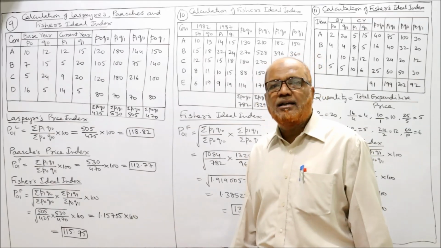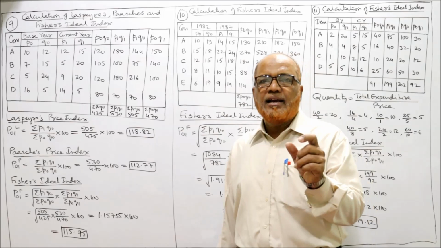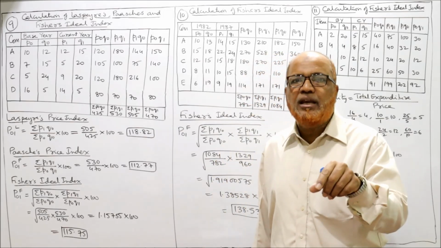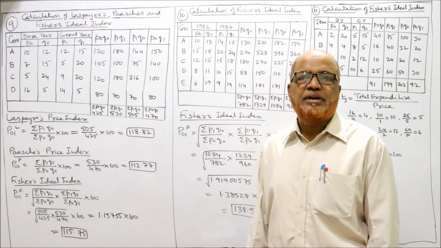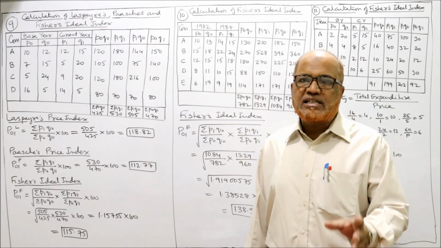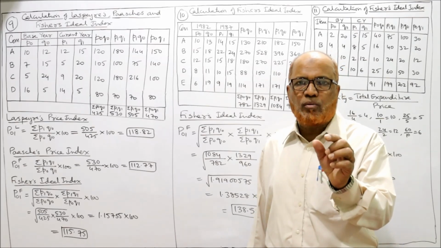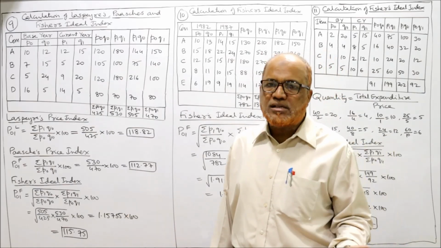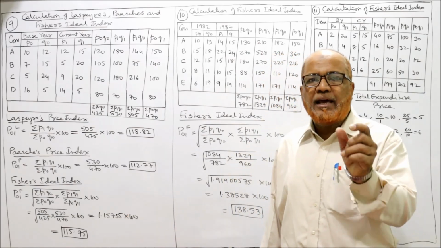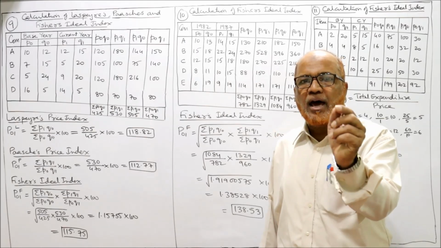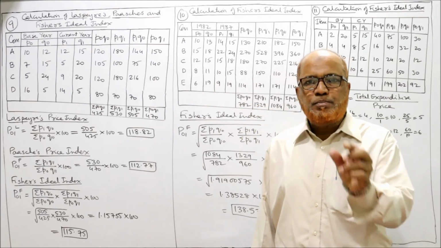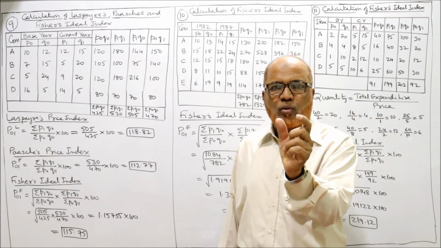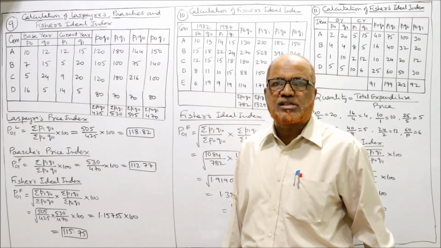Now Fisher's ideal index. The Fisher's ideal index is the geometric mean of last year and Pastures. Last year और Pastures का जो इंडेक्स नंबर है वो दोनों का ज्योमेट्रिक मीन निकाल लिया तो फिशर आ जाएगा। तो ज्योमेट्रिक मीन कैसा मालूम करेंगे? We multiply last year and Pastures formula and put it under root. Last year का फॉर्मूला और Pastures के फॉर्मूले को अंडर रूट कर देंगे तो you will get Fisher's ideal।